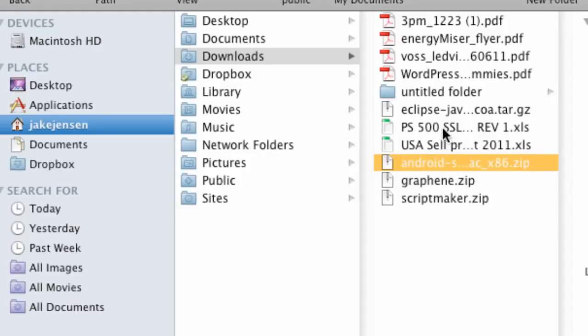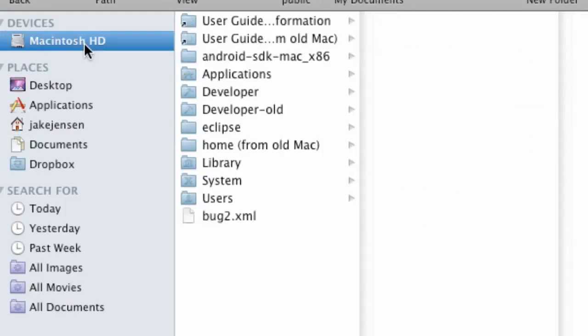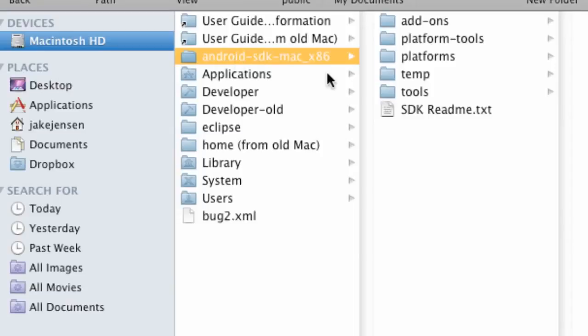So I clicked that, and it basically made a folder right here within the same folder or download folder. And you want to drag this over to your main hard drive, for example your Macintosh hard drive or your C drive if you guys are on Windows. And as you can see, it's right here. What we're going to do now is open this up,